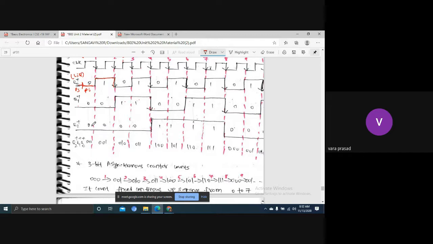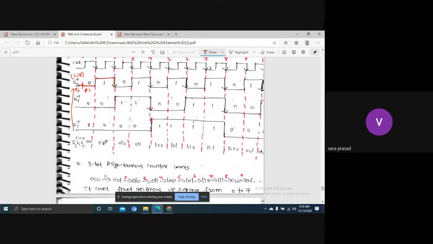Here we need to get 0, 1, 0, 1. The LSB flip-flop will always move 0, 1, 0, 1, 0, 1, 0, 1. Q1 plus is 0, 0, 1, 1, 0, 0, 1, 1, 0, 0. The Q2 plus flip-flop has four zeros, four ones, four zeros. Then you can collect like this, from bottom to top. Here first, the clock once gives 0 0 0, we collect 0 0 0. Then 0 0 1, 0 1 0, 0 1 1, 1 0 0, 1 0 1, 1 1 0, 1 1 1.